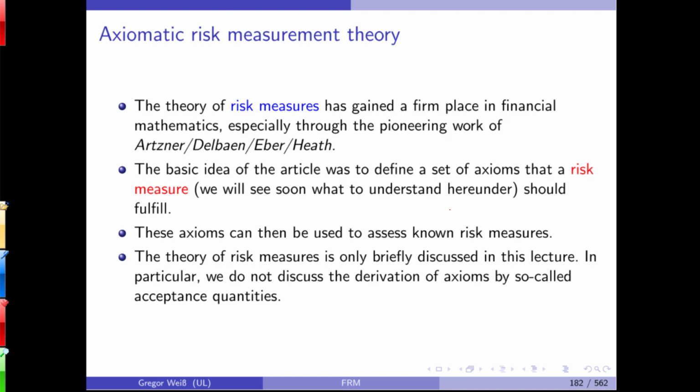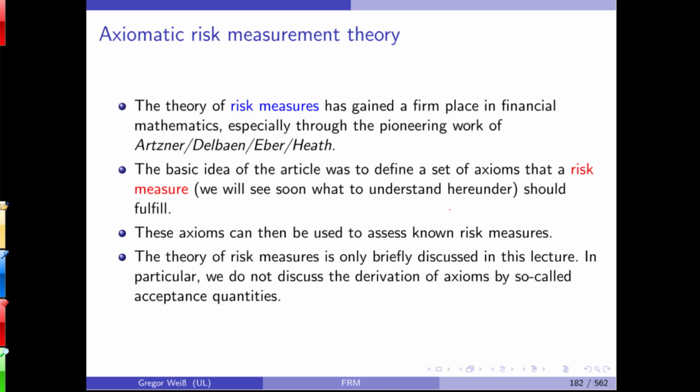And they came up with some axioms, in German, sehr schön, unbeweisbare Grundtatsachen, something you are requiring but you cannot prove, something you are requiring from the very start, and risk measures that are sensible in an economic way should adhere to these axioms. And only those risk metrics should be used that fulfill all of these requirements. And we'll see that some very interesting risk measures are actually not coherent under this definition.